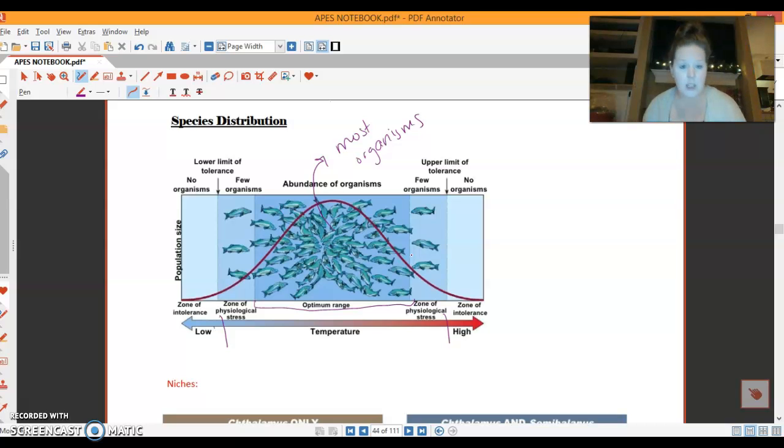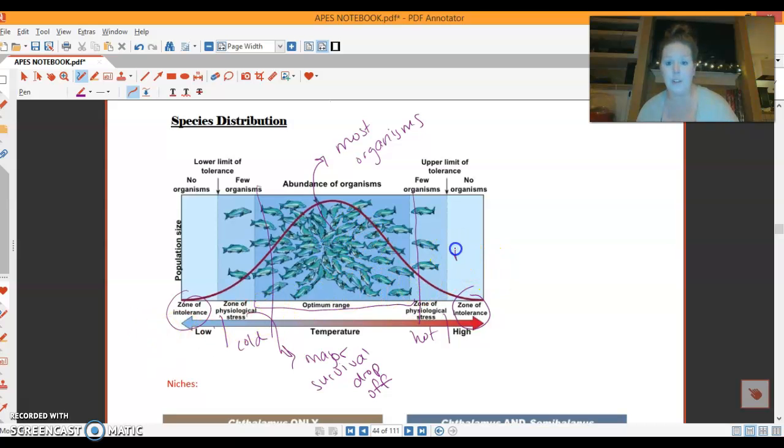So if this is temperature, if it's too cold or too hot, you can see there's a massive drop off in survival rate. So right here, very few organisms are surviving. So in the zone of stress, we have a major survival drop-off. And then lastly, the zone of intolerance right here. If it's too cold, if it's too hot, there ain't nothing that's going to survive there. So there is no life on either end. So this is showing us a concept called